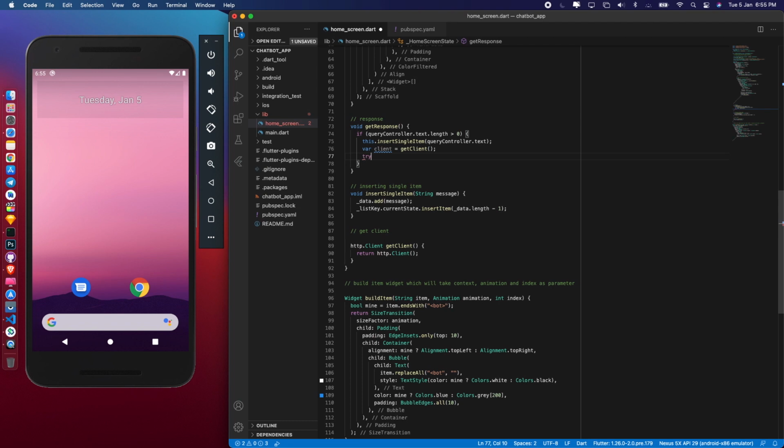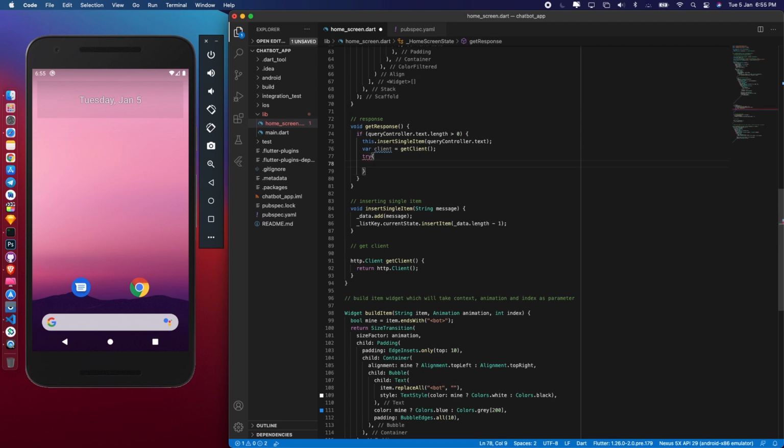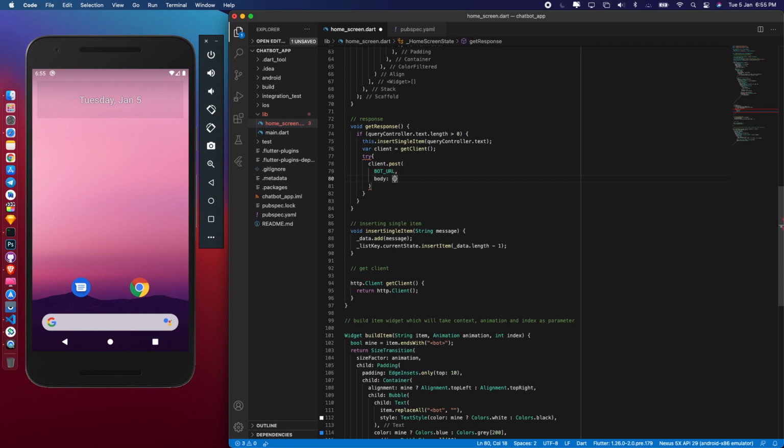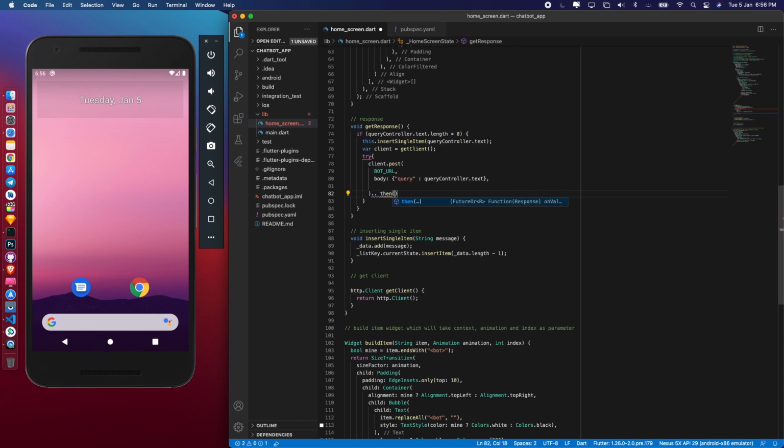Now I just need to edit my try response function. You can see I will be writing try client.post. I will post my query. First of all, I need the URL. Okay, I got the bot URL. Now I need a body. That would be a query, and that query would be query controller.text. Whatever user inserts, I will just paste it as my post request.